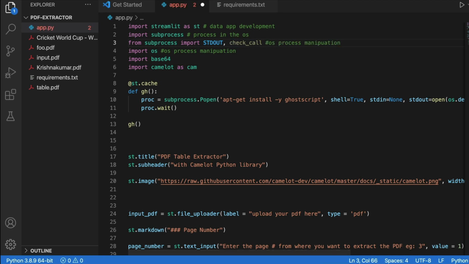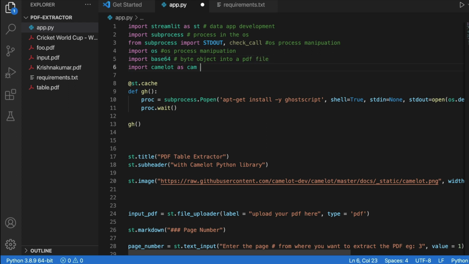And after we do that, in the instance where we have uploaded a PDF file on Streamlit, there is a little bit of nuance there. Streamlit takes a file and then converts it into a byte object, but Camelot currently accepts only a PDF file, not any file object. Which means we have to do some tricks there to convert the byte object into an actual PDF. So in this particular tutorial we are using this to convert a byte object into a PDF file.